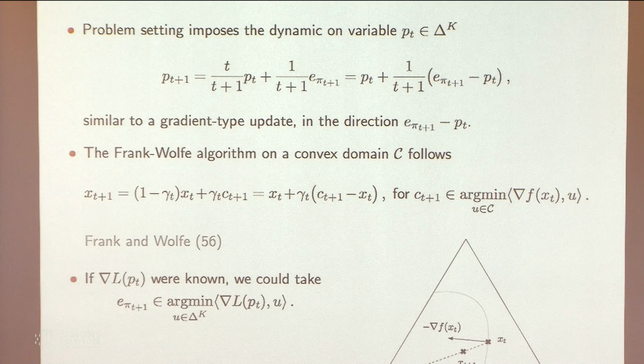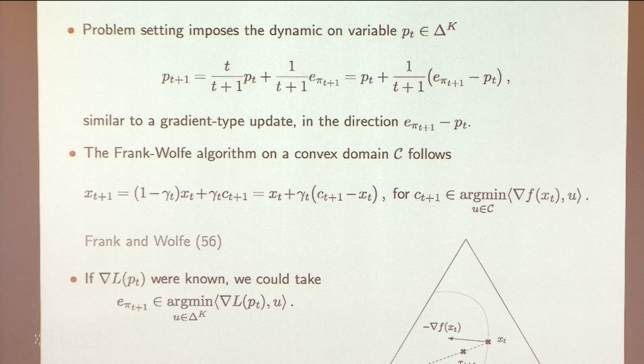The idea first is that when you write just the dynamic of the problem, right, just looking again at the rules of the game, what happens when you choose a next action at time t+1, you have this equation for how your point is going to move, right? So this is just writing the definition of pt and pt+1. And when we first wrote this, we thought, okay, this looks a lot like some sort of gradient type update, right, where you're doing a step in one particular direction. And in particular, because now this point is a corner of the simplex, it looks a lot like a Frank-Wolfe